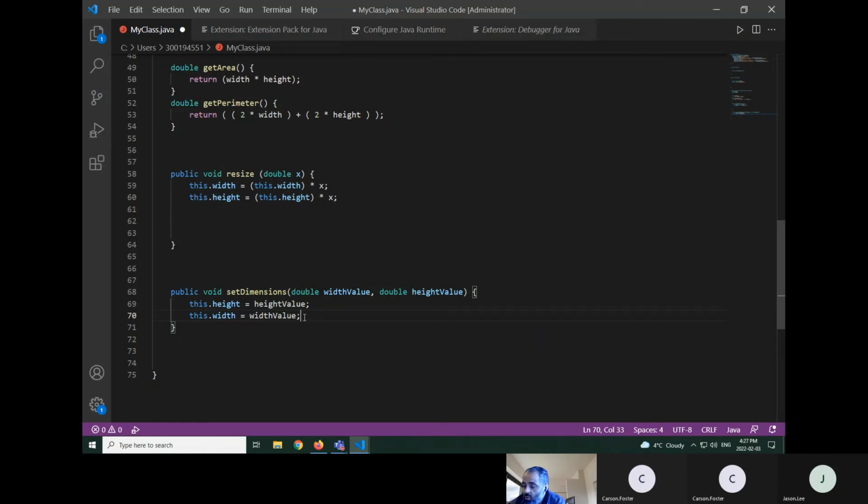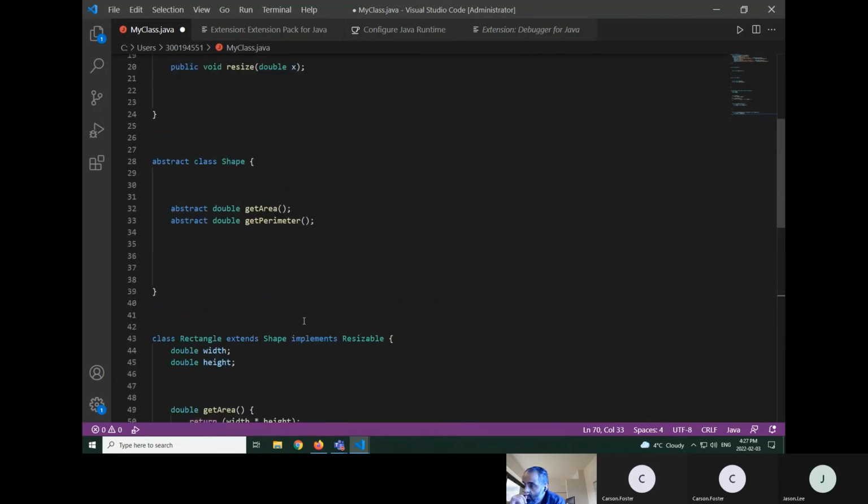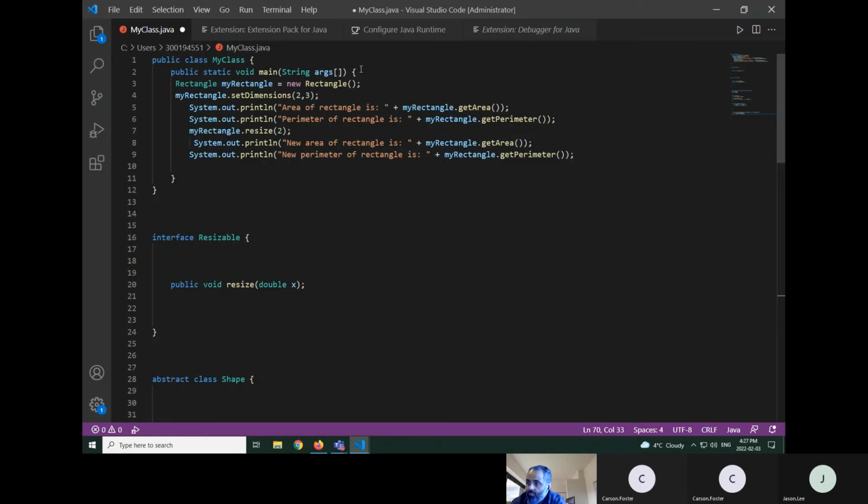Okay, go ahead. Let's go to the main method now. All right. So in our main method, we're creating a Rectangle object called myRectangle, and then we're initializing the dimensions with myRectangle.setDimensions to width equals 2 and height equals 3, and then we're printing out the area of the rectangle is, and then plus,